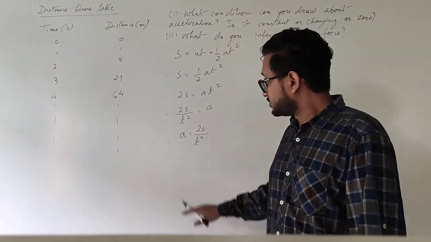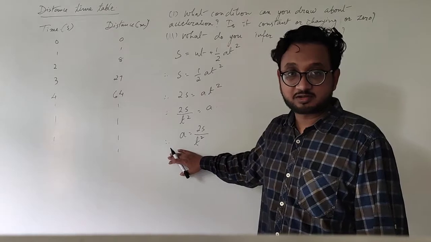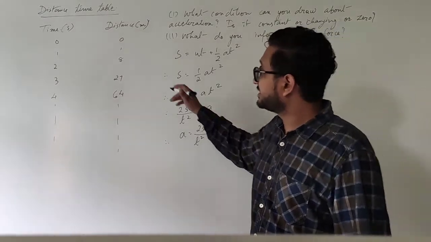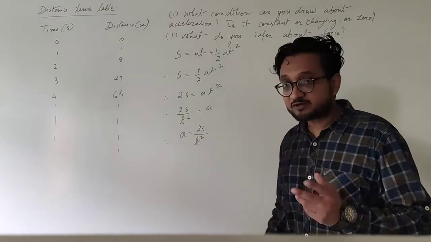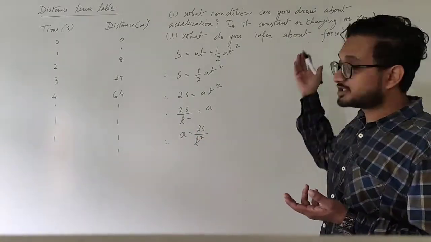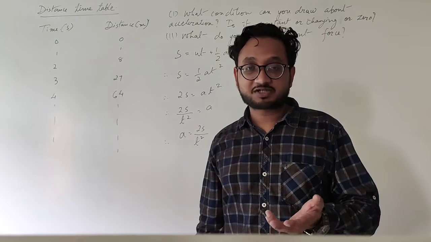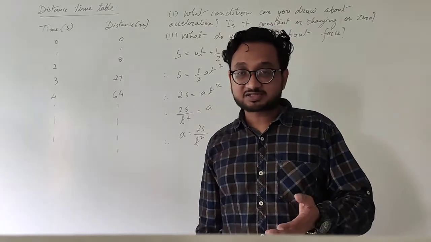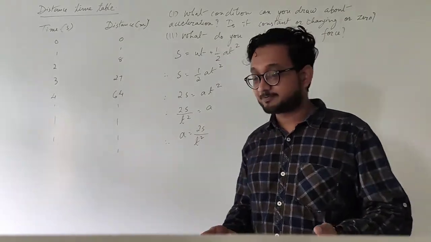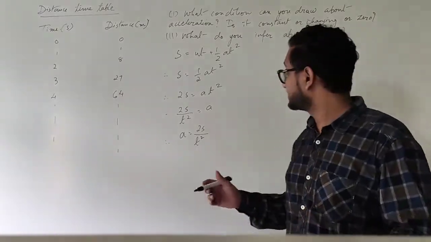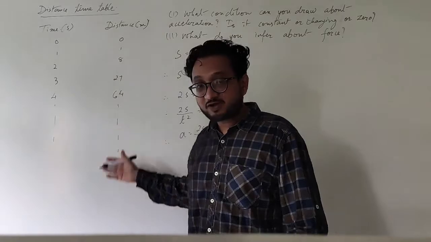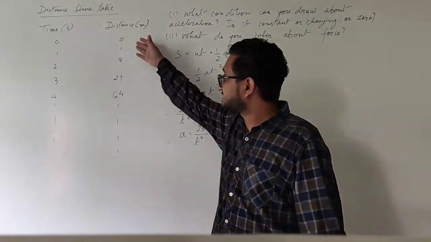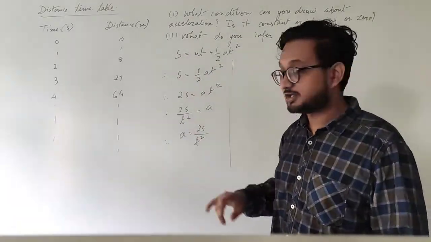Okay? You have the value of acceleration. How? By substituting the value of distance and time in this equation. You can find out whether the acceleration remains constant or whether the acceleration is changing, that means either increasing or decreasing, or whether it remains 0. You need to calculate that. Okay. So we will substitute the values one by one. There are many values over here. However, I have only taken as an example 4 to 5 values.